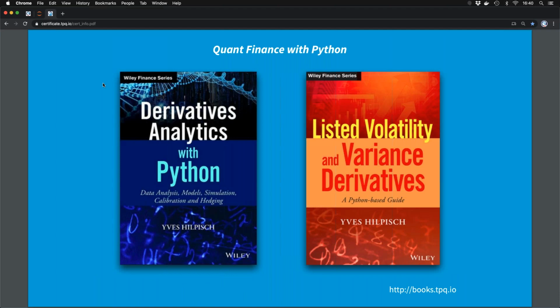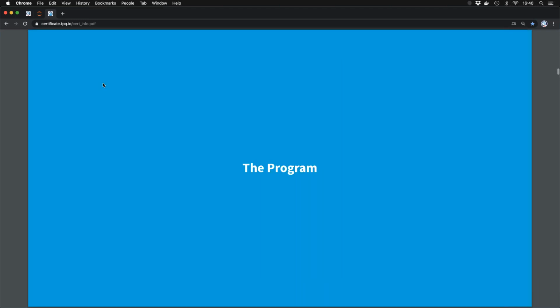Then my two quant books. This is actually where my background is. My PhD was in mathematical finance, and here are the two quant finance books that make use of Python. The other books teach Python for finance, and here it's the other way around. This is about the finance side of things, and Python is used to explain the concepts and to show how you can implement certain algorithms, for example. More details again on our webpage.